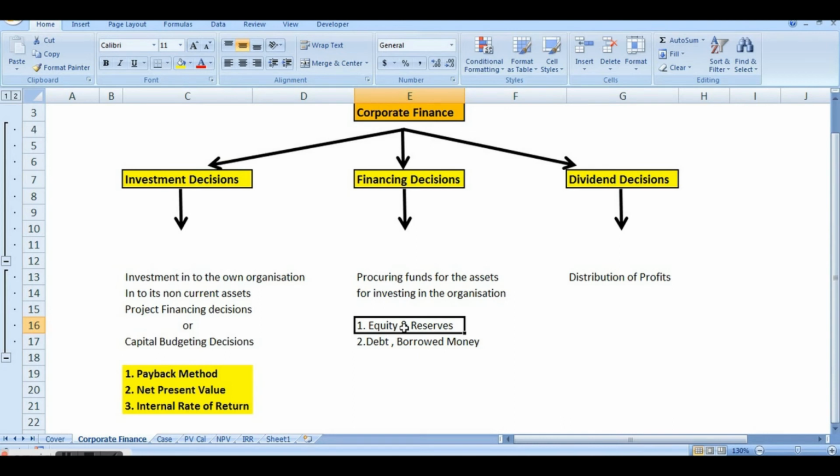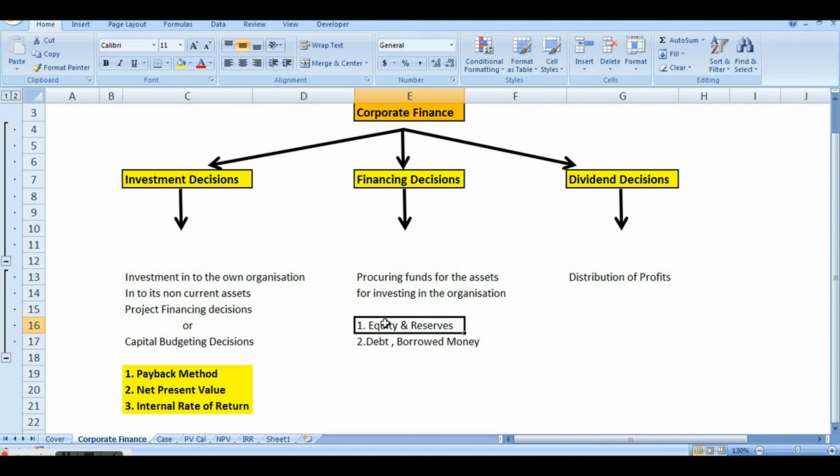When you borrow this money from outside, this money does not come free of cost. You have to incur certain cost to get this money. When you are borrowing money from outside, or taking a debt, you are taking a loan from outside. It does not come free of cost. Most of the time you have to give a return in the form of interest on it. Now this interest is nothing but the cost associated with this debt.